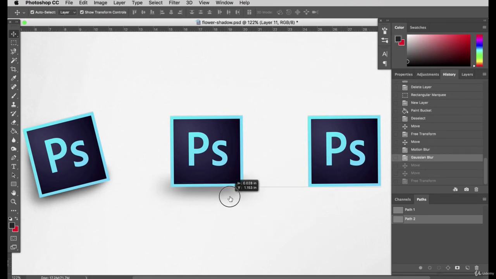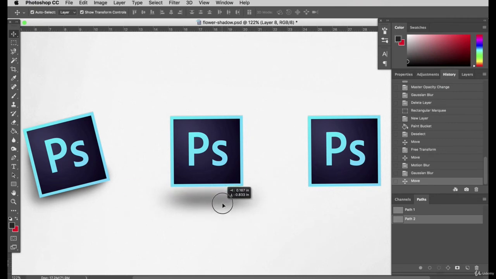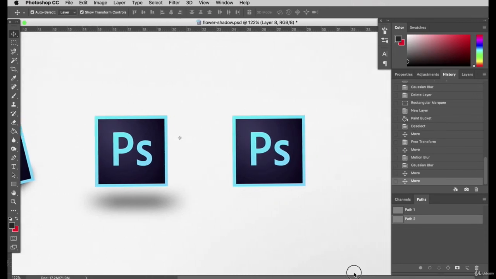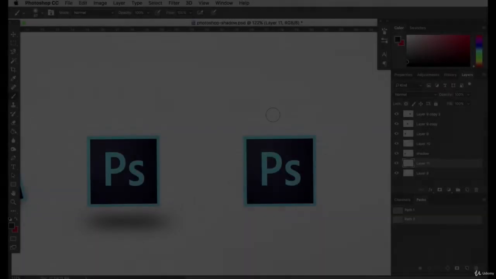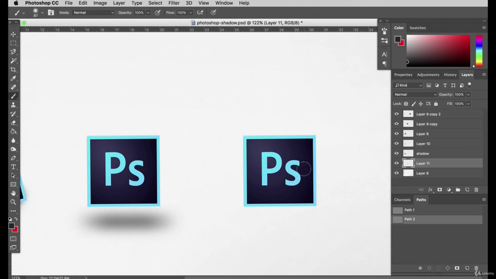And that could be cool too if you want to actually have it be really close to the ground. You can see the ground becoming realistic right there. Let's make it float just a tad because I think that's fun. And so we'll do something different with this last icon. Last but not least, we have our last icon, and I'm going to do a different shadow, maybe one that